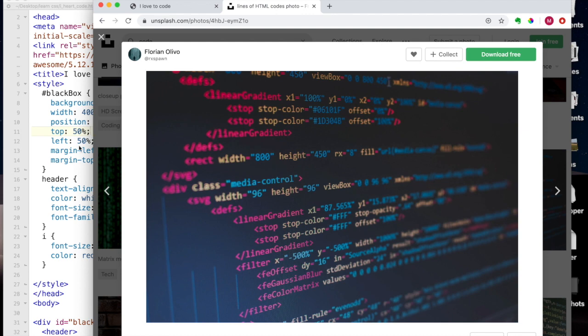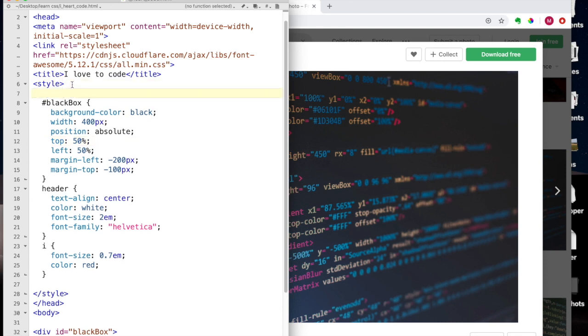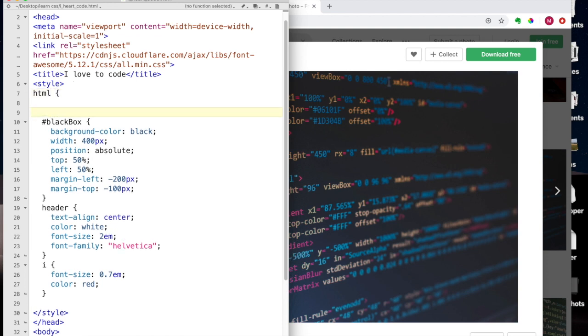So I'm just going to come back to my code, and what we need to do, because the image is going to be in the background, I'm going to target the root, so the HTML, which will cover the whole page. So how am I going to do this? Well, the image is going to be in the background. Okay, and what I'm going to do, I'm not going to download the photo. I'm going to link to it over the internet. So URL, that's the link,